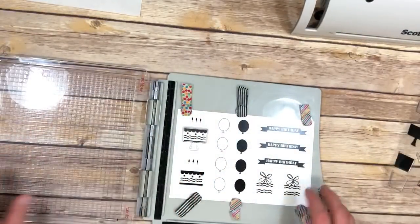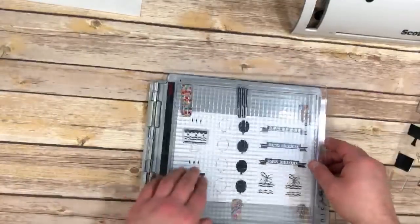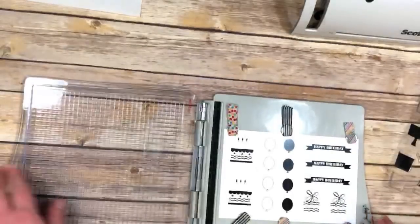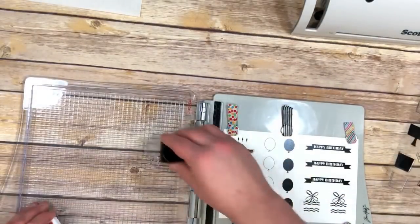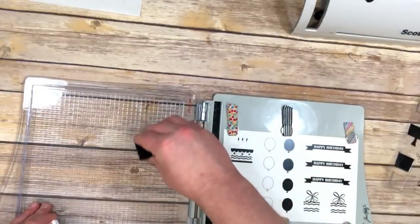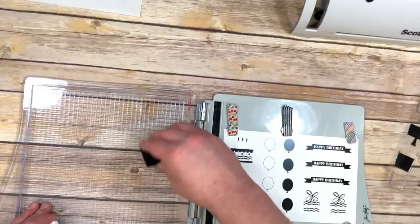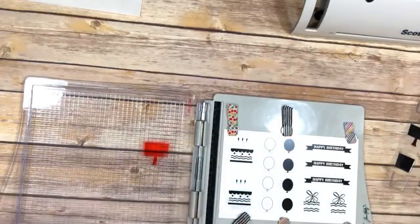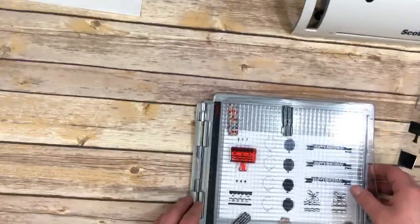So let's start with our cake here. We could stamp multiple at once, but we're going to take it nice and easy so we can do this all together. So this one is going to be red, so I'm just going to ink that up. And the nice thing about the stamp positioning tool is if I don't get a good transfer at first, I can